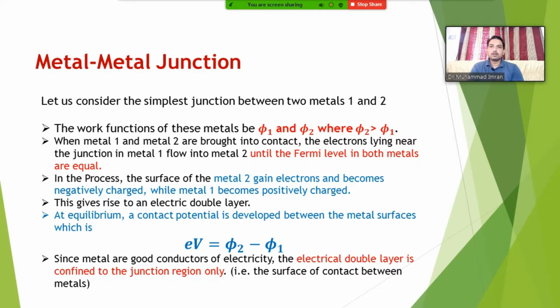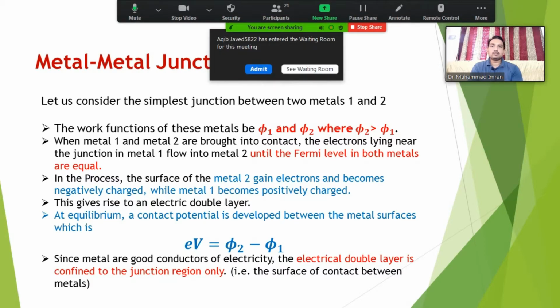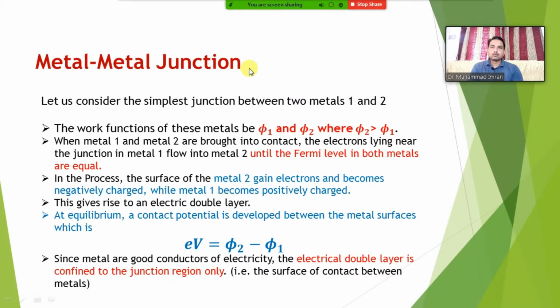So let's consider you have two metals. One is metal number 1 and the other is metal number 2. You need the information about the work function of these metals. Phi 1 is the work function of metal 1 and phi 2 is the work function of metal 2. As far as work function is concerned, this is the energy required to remove an electron from a metal. So we assume that the work function of the second metal is greater than the work function of